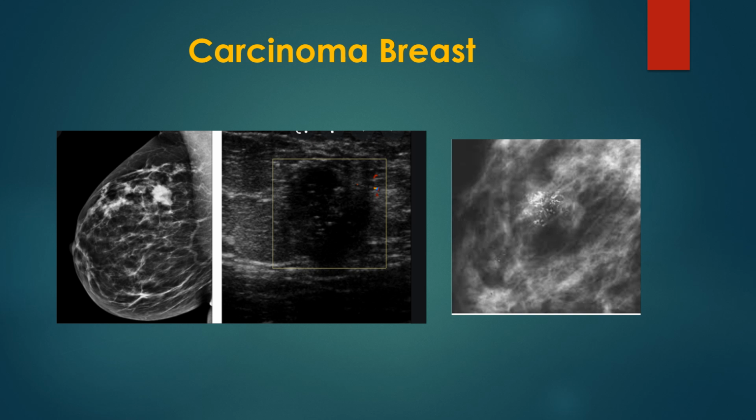Now, I already spoke that when there is a lesion of BI-RADS 5 category or sometimes a 4C category, they will have features like irregular margins, as you can see on this mammogram. Or on ultrasound, we can have a very hypoechoic lesion with posterior shadowing, and the margins will be very irregular, spiculated. You can't basically define the margins clearly. And on mammogram, you can see grouped calcifications like fine linear or linear branching calcifications like this. So this kind of appearance is suggestive of a malignancy. So this is basically a BI-RADS 5 lesion.